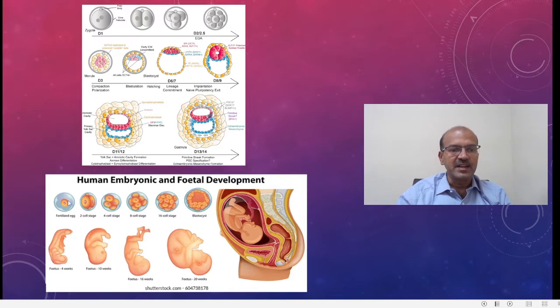So this is an image based version of it. So fertilized egg, 2 cell stage, 4 cell stage, 16 cell stage, the morula, the blastocyst, and then you start seeing the fetus developing. By 4 weeks you start the organogenesis process. The beating heart can be seen on the scan as early as 4 to 5 weeks. The fetus of 10 weeks has limbs, and you can see the eye buds. The head has started enlarging, the neuroectoderm has folded,